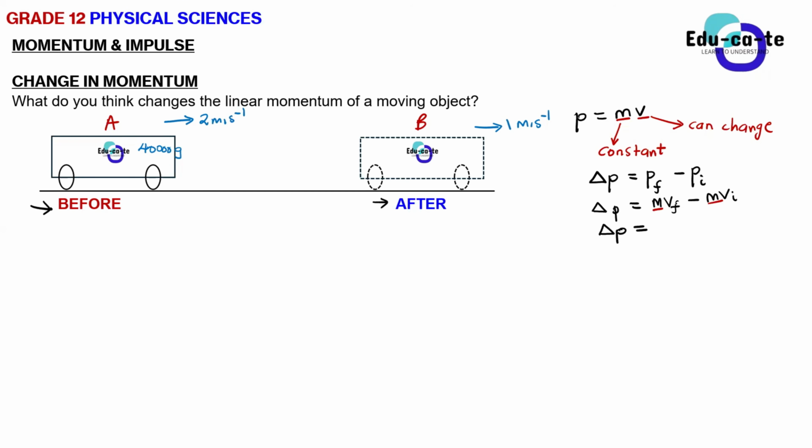It's fine. Let's just factor out the M here because remember, the mass is the same on both terms, so we can take out the M as a common factor, and we remain with VF minus VI. Okay, so let's just substitute. You are allowed to just substitute into this formula, guys. Don't do all the complicated stuff that I've done here on top. This is just for you to see how we get to this formula. So you can even use this formula itself, or you can substitute into this second step.